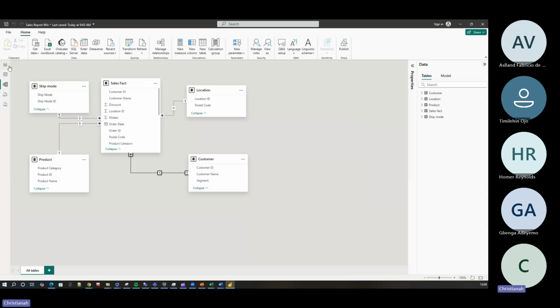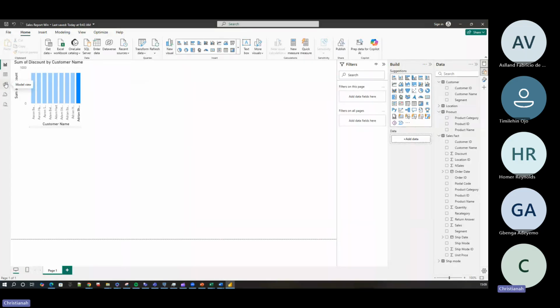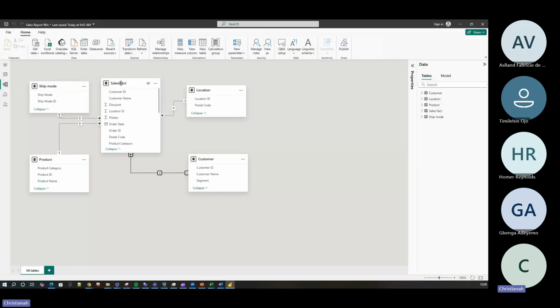Now, after creating those tables and doing the needful, and after I've applied it, I come to the model view to do the relationship. So this is the sales fact, and then we've got the different tables: the location table, the customer table, the product table, and the ship mode. What I did was to define the relationship of each of these smaller tables, that is the dimension tables, to the main fact table, by using both the primary key and foreign key